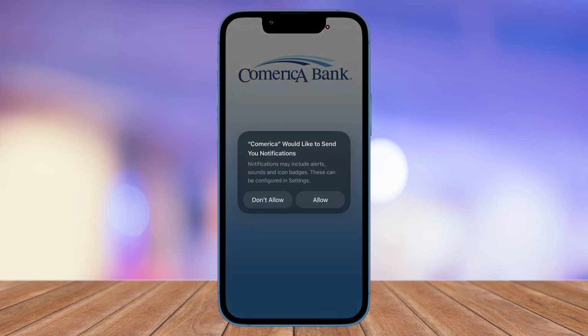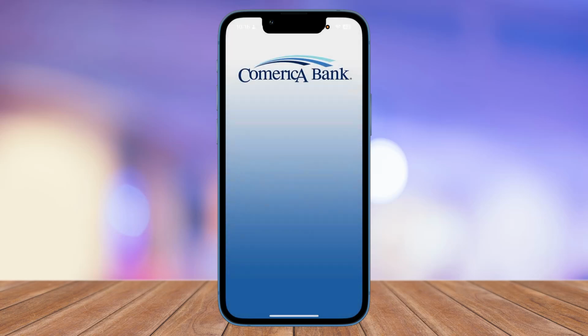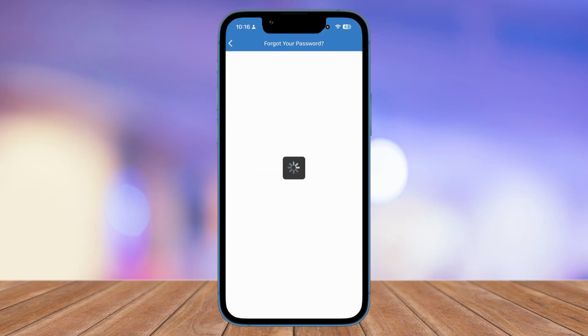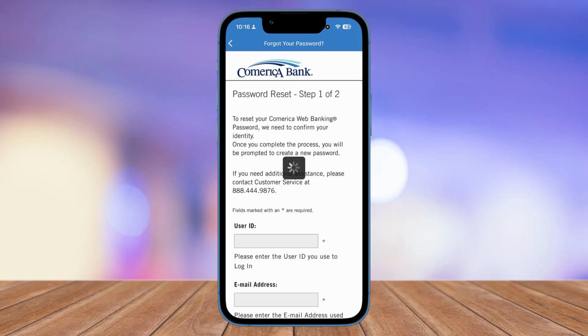First things first, simply go ahead and download and install the application if you haven't already, and go ahead and open it. Once you've opened the application, you're going to be taken to this screen right over here, as you can see. And now all you need to really do is tap on forgot your password button right below save user ID, as you can see. And once you do that, you're going to be taken to this page right over here